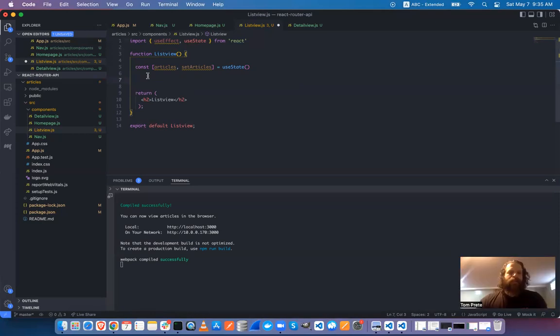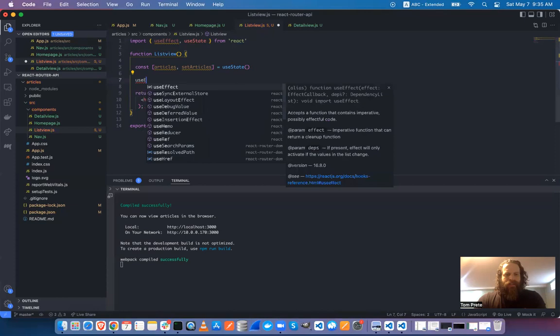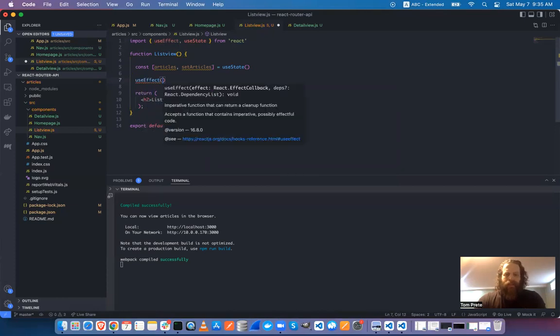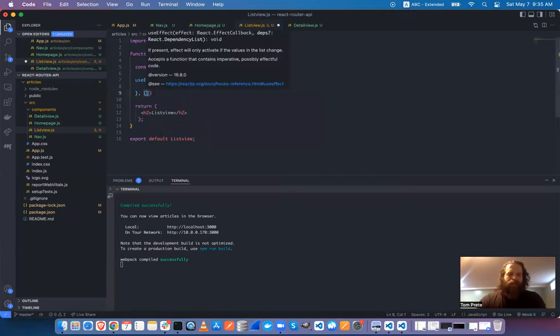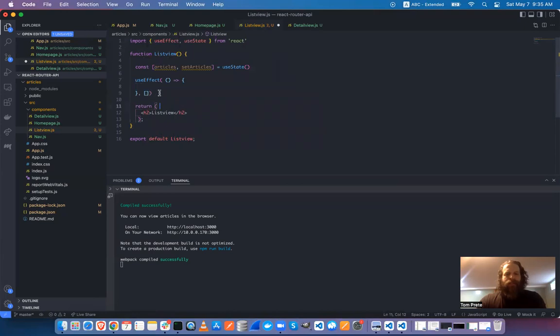Okay, good. So we'll go ahead and write it out, at least in skeleton form. So useEffect, and it's going to take a callback function here, which we'll just leave blank for now. And then the second optional parameter is called a dependency array or dependency list. And yeah, as Dan mentioned, if you just don't have that second parameter,